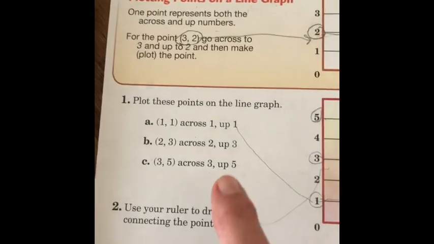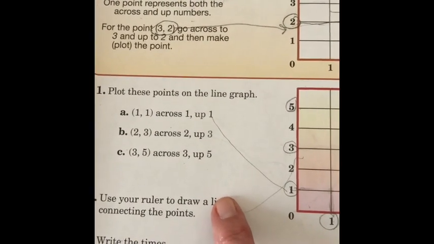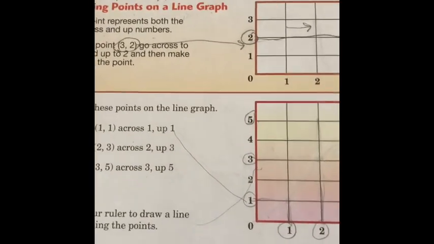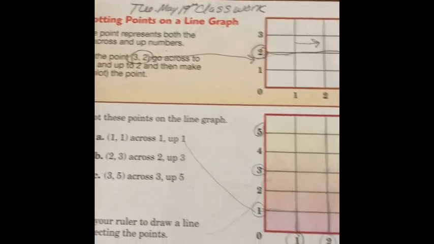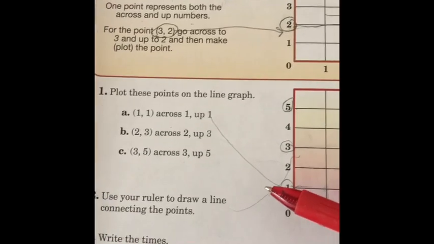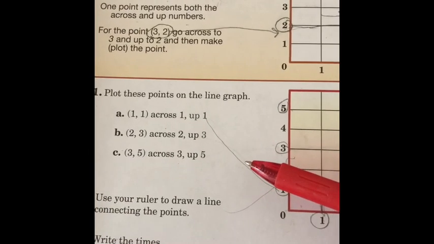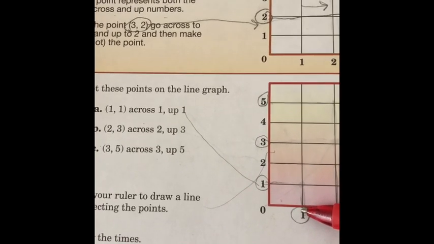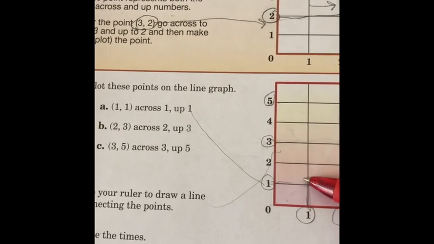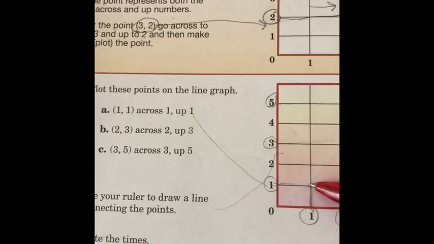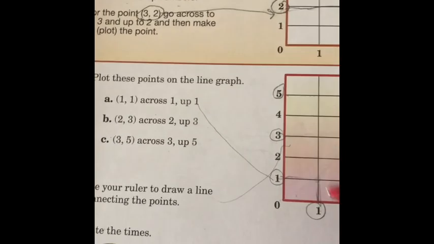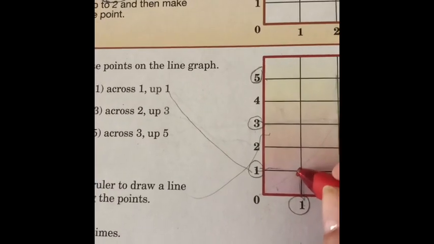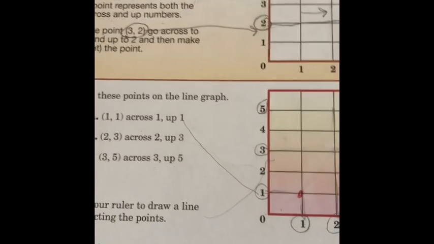Let's go over to number 1. Plot these points on the line graph. Okay, so what we need to do is we want to plot the point. So let's start with 1 across, 1 up. So here's 1 across, 1 up. So where I'd plot my point would be right there. That's where we'll be starting. That's one